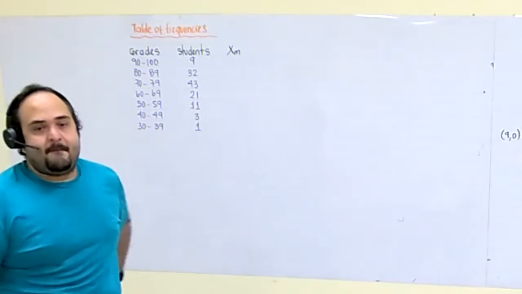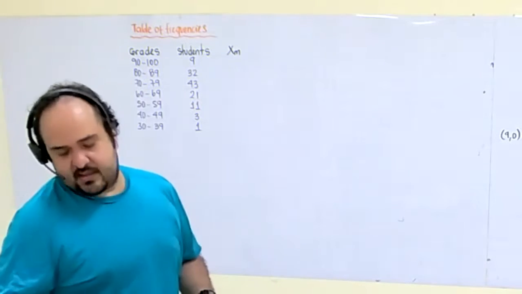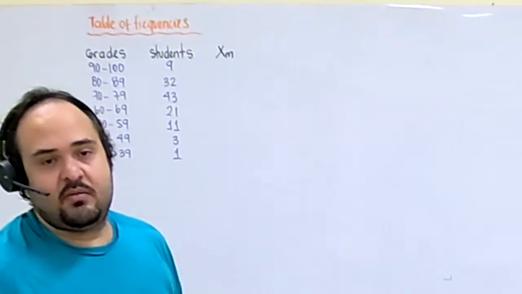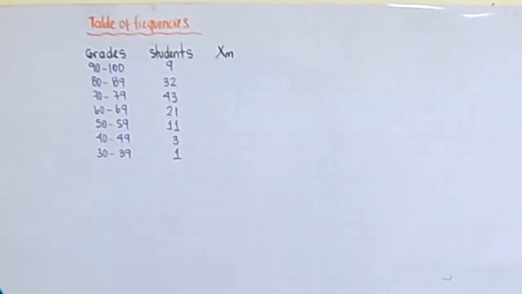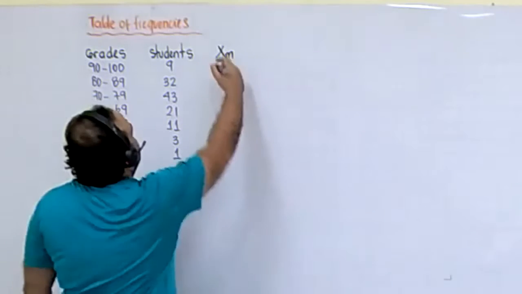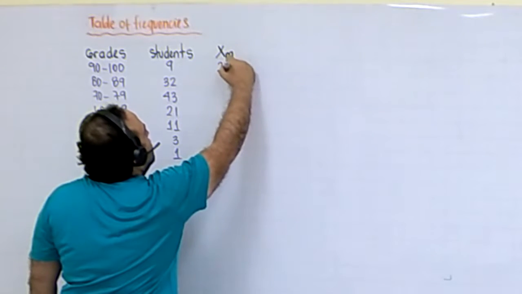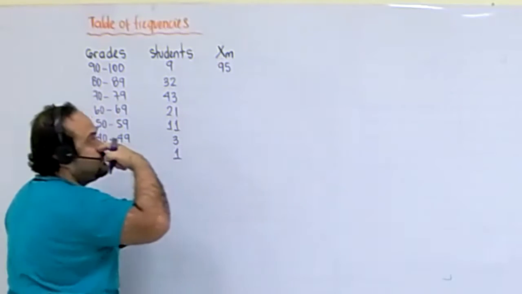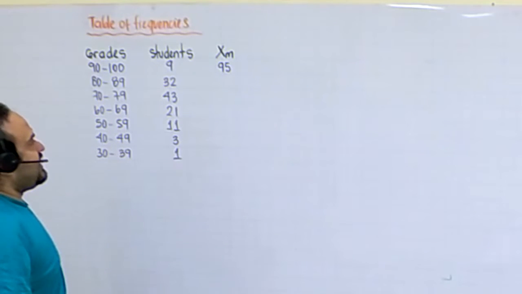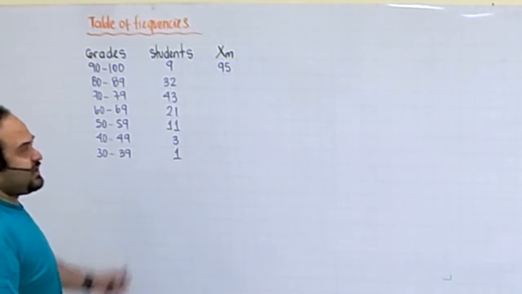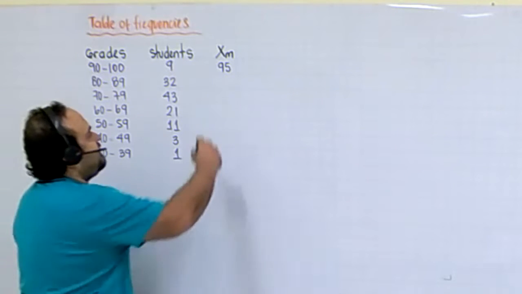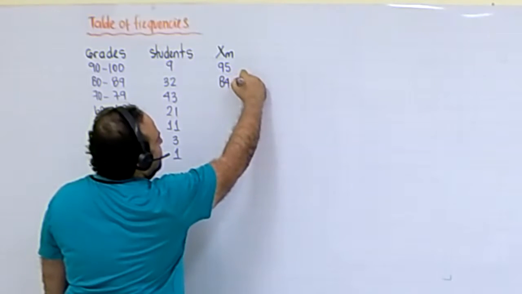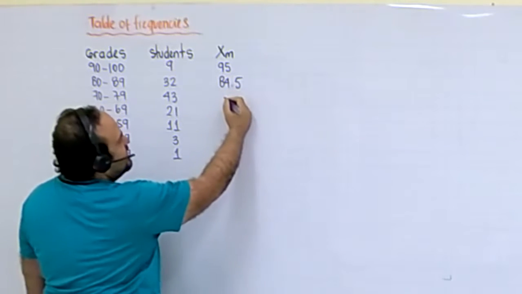Los valores de la marca de clase, por favor. They were 95, 84.5, and the next one,